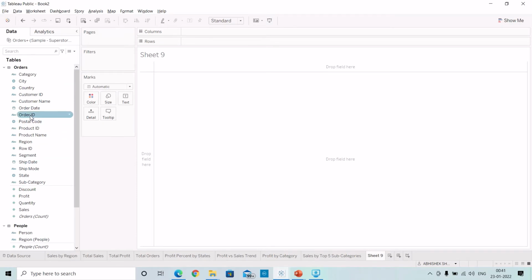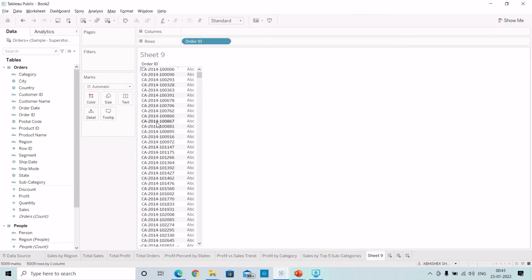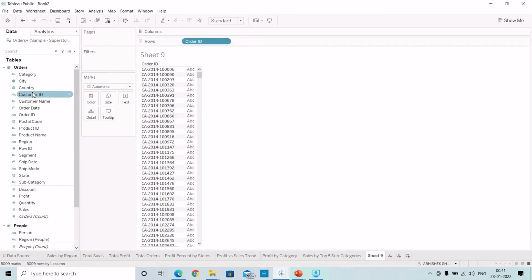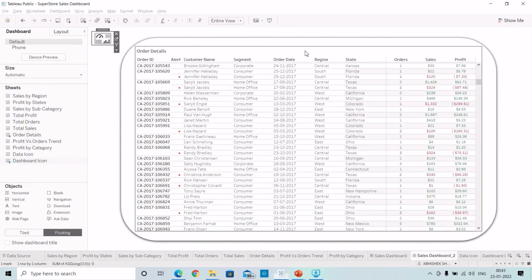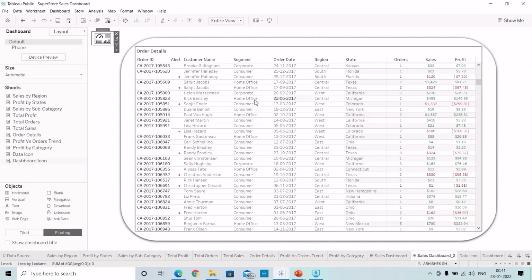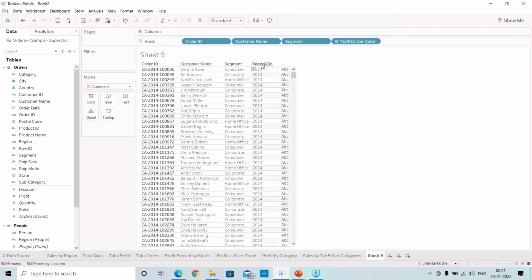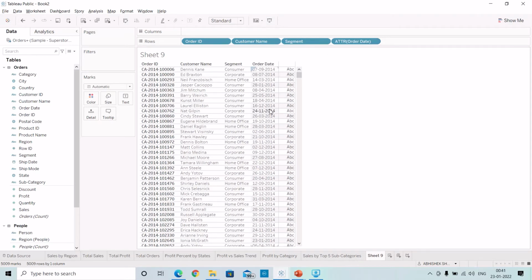So from here, let's drag order ID, after that customer name, after that segment, after that order date, and we need order date not in this form but in, just make it attribute and it will give us the full date. Then select region and state,